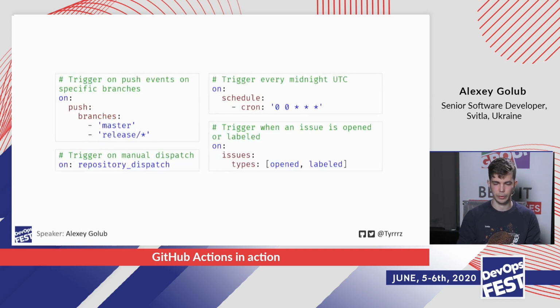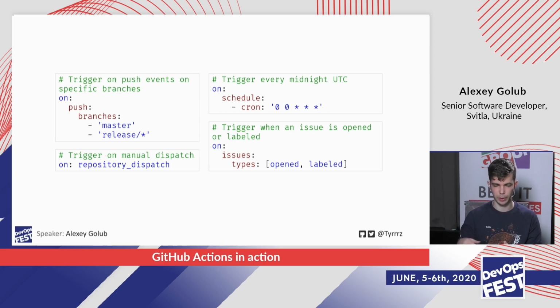And the way those are configured are sort of similar to what we've seen already. So in the top left, we see an events-based trigger. So here it just triggers on push events. But here we also refine it. So we're not interested in all push events, but only on those that happen to branches master and release branches. So here you can see we can also use wildcards. So the asterisk stands for any input. So release v1 or release v2 will also be matched here, but not any other branch. So for example, dev branch will not trigger this workflow.